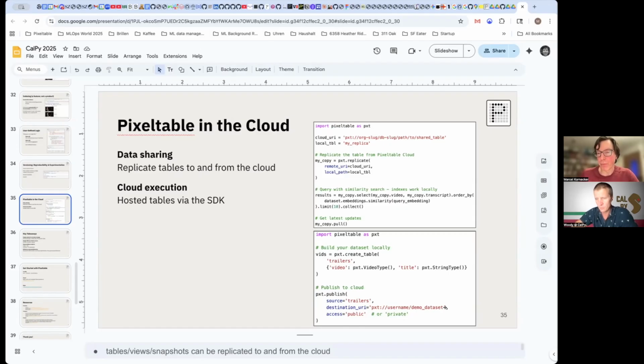Okay. And there's a whole bunch of standard data sets that are used in various places that are available publicly, like Hugging Face has a whole bunch of data sets that are public. Pixeltable will have something similar, except that when you then replicate it locally, you can immediately work with the media data. It's already in a form that you can then work with directly.